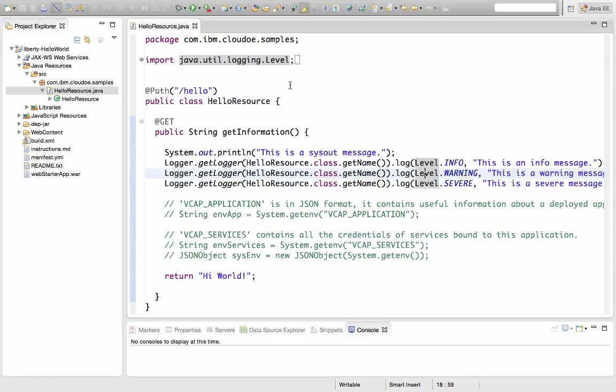And today I'd like to talk to you about using a logging service for your applications in Bluemix. Now there's many reasons why you would want to use a logging service for your applications that you've deployed to Bluemix. One of the reasons might be that you want to look at your logs over a certain period